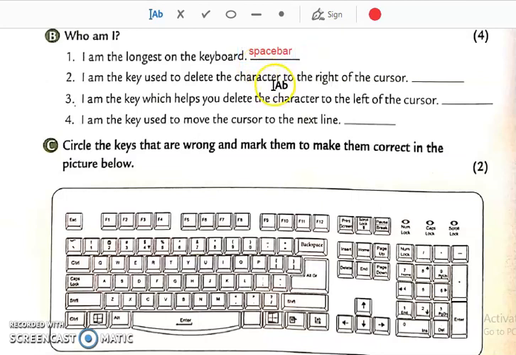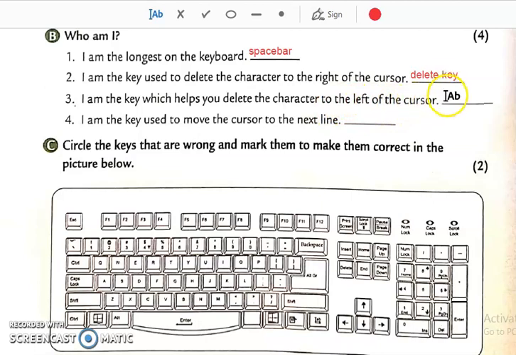Okay. Then I am used to delete the character to the right of the cursor. If we want to delete to the right of the cursor, we will use the delete key. Then I am the key which helps you delete the character to the left of the cursor.